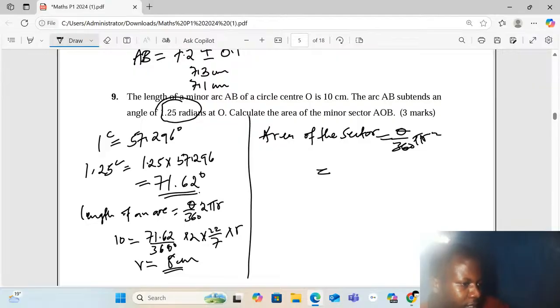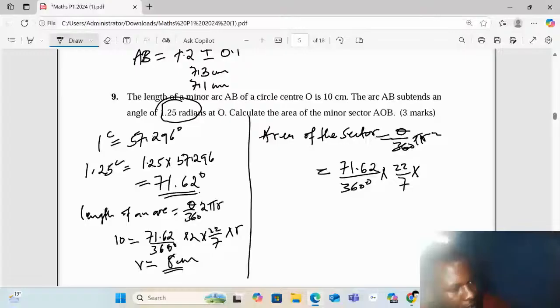Now the area becomes 71.62 divided by 360 degrees times 22 over 7 times r squared. Having r as 8, it's 8 squared. When you work this out, you are going to find